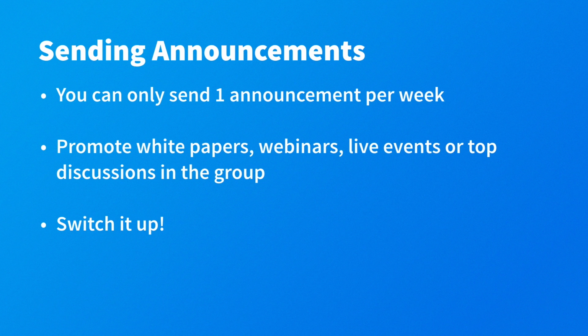Now here's what you don't want to do though. You don't just want to be sending a new webinar event or a white paper every single week because that's going to get boring. So switch it up. One week might be the white paper, another week might be a webinar, the next week is going to be just content. Then you don't want to do more than 2 promotions per month, and you want to send 2 content emails per month. That way your members are accustomed to always getting value from you, and they don't know whether that particular group announcement is going to be a webinar promotion or just some amazing content that you found around the web. The reason you want to do that is because you want to keep them opening your emails.